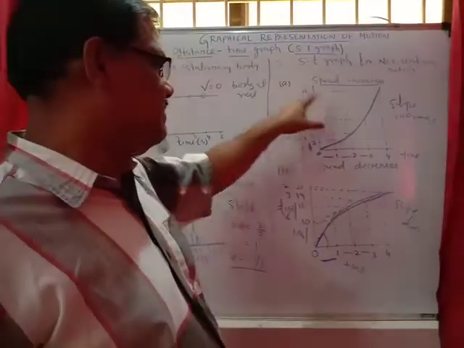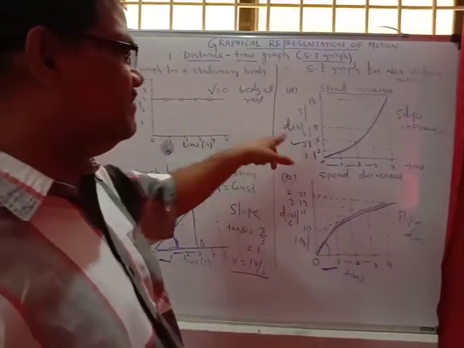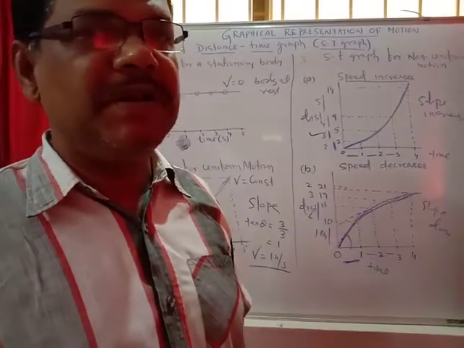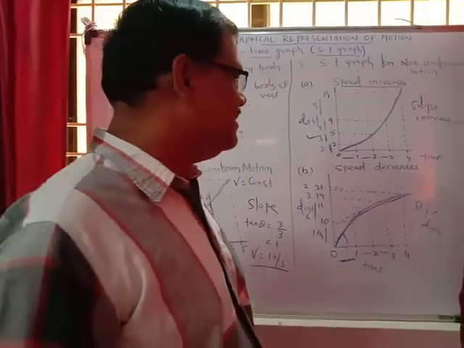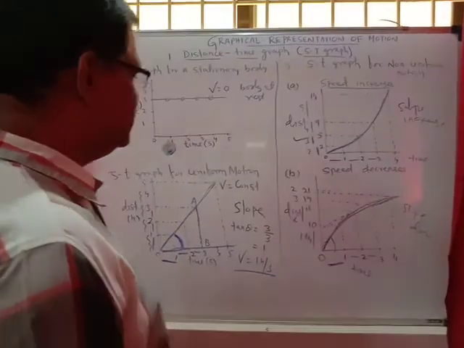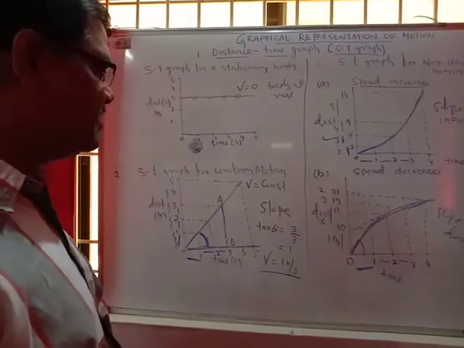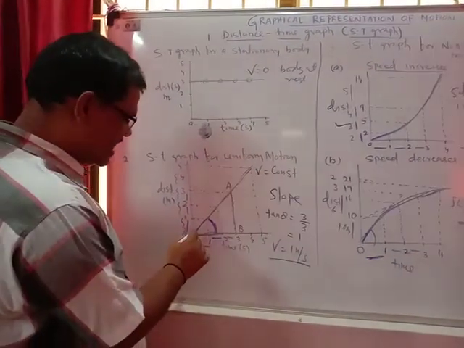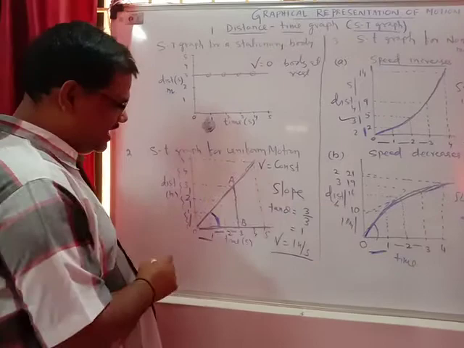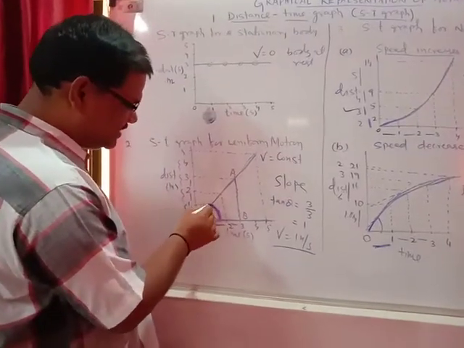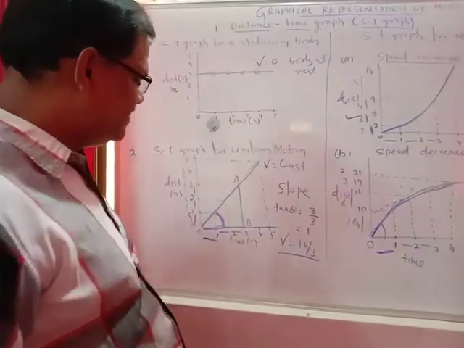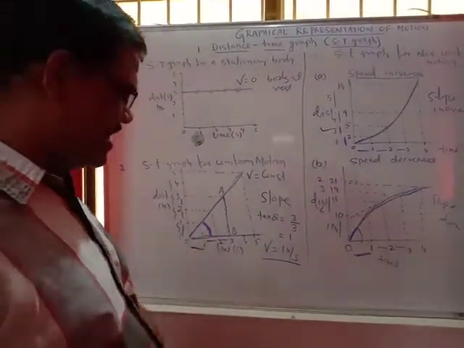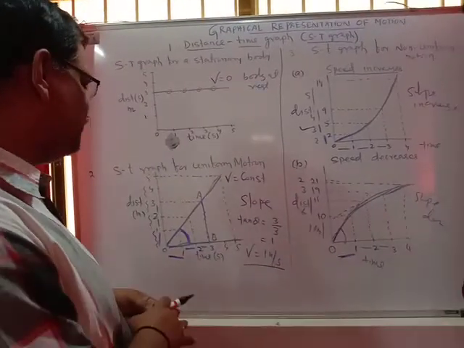In all types of graphs, whatever the nature of the graph, from the distance time graph we get only the speed. The slope of the graph actually indicates the speed of the body. The word slope is coming here. What is the slope? It is also called the gradient. Suppose this is the graph. This angle is made with the x-axis. The slope is the tangent of the angle of inclination made by the graph. If you do not understand that, you forget it.